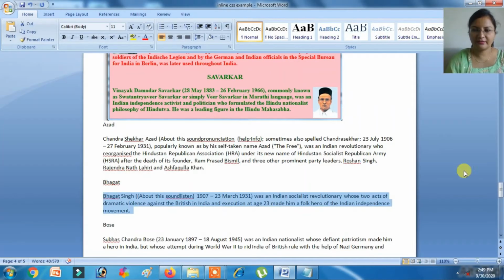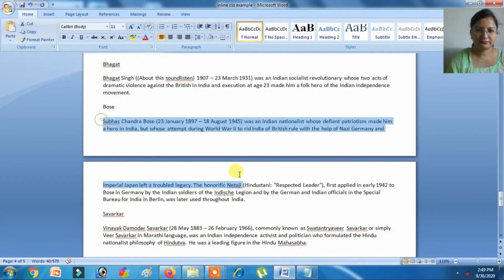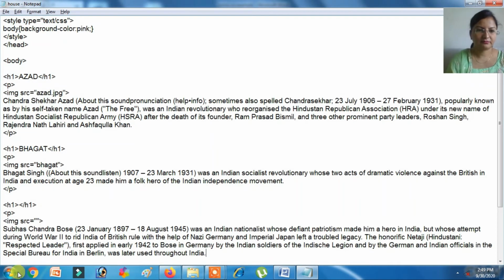Next is Bose. Picture name is bose.jpg and in capital Bose. Here also bhagat.jpg.